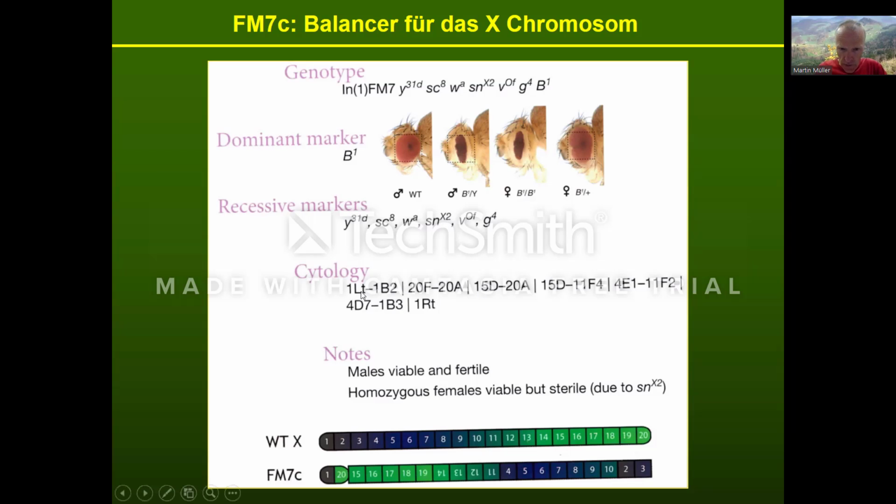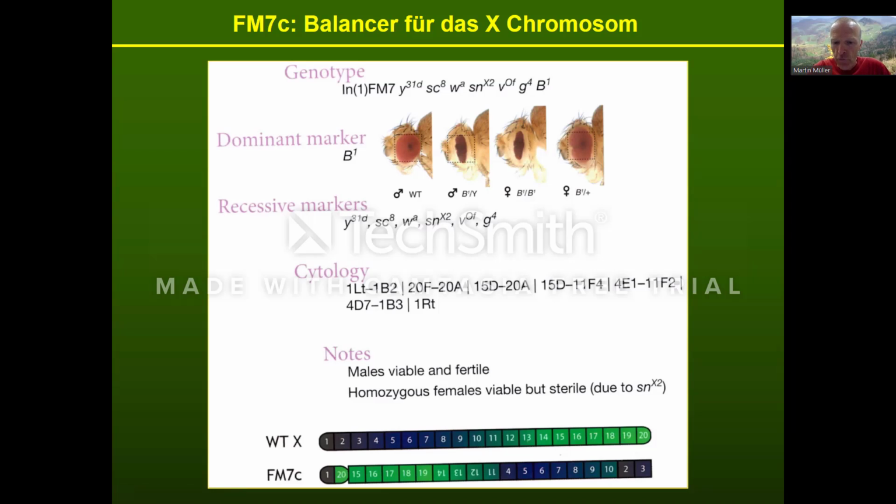Here, this is how the geneticists write the breakpoint. So you can see 1 here is this number 1, and then it continues with 20. That's this small piece 20, then 15 to 20. So this is the cytology, which basically describes the order of the inversions and other rearrangement events on the X